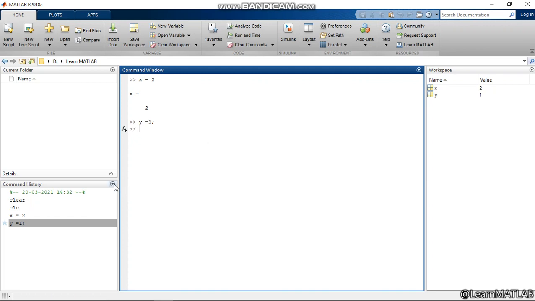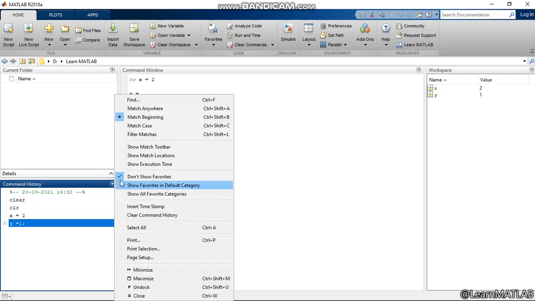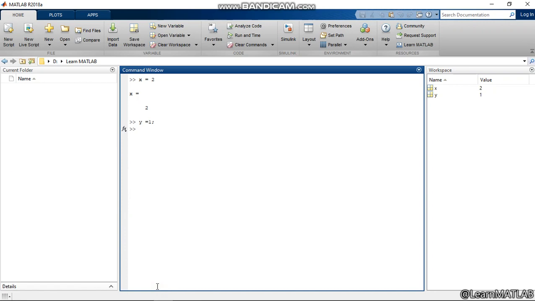Docking is when we click on this little symbol, and all these functions that we want to perform show up in this particular window. So if I do not want this window to show up here, I will undock it, so it will vanish from here. It has vanished.